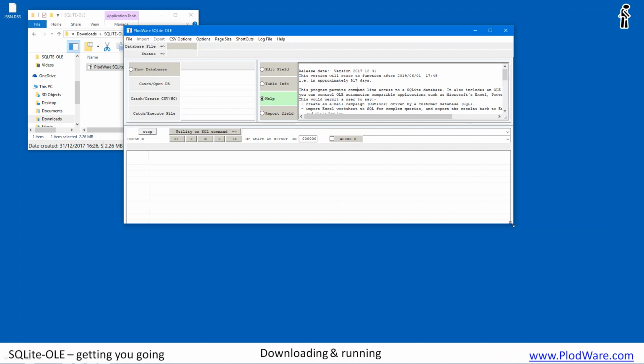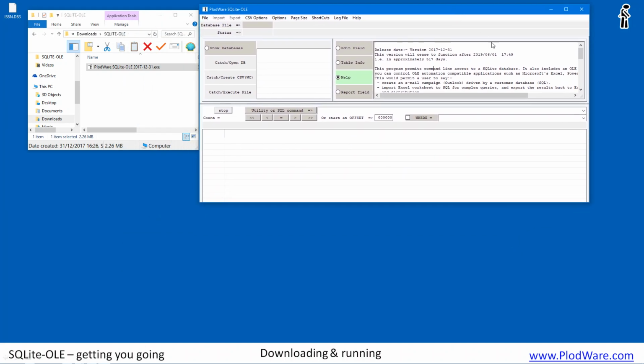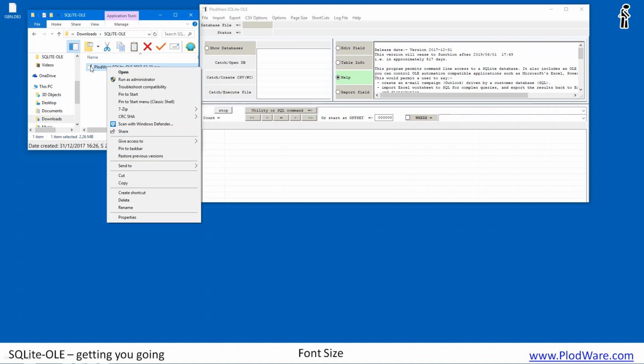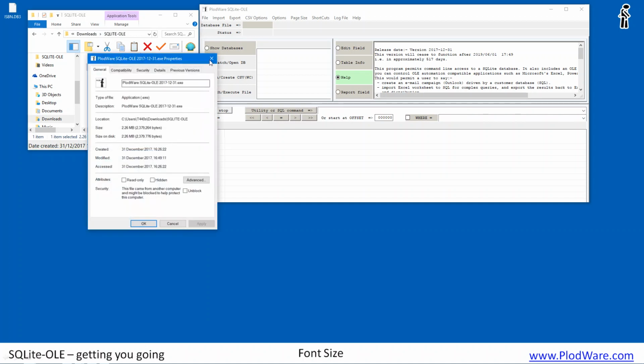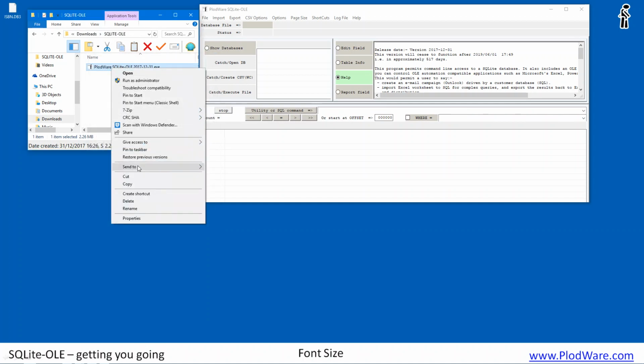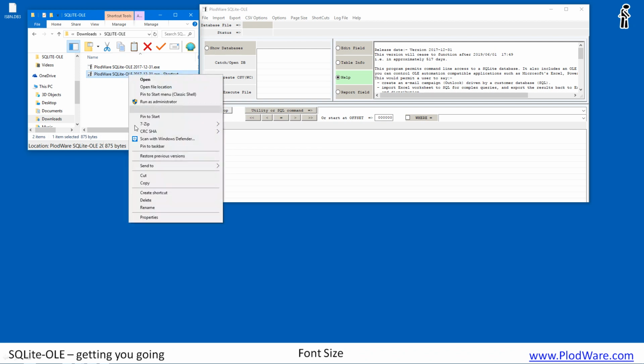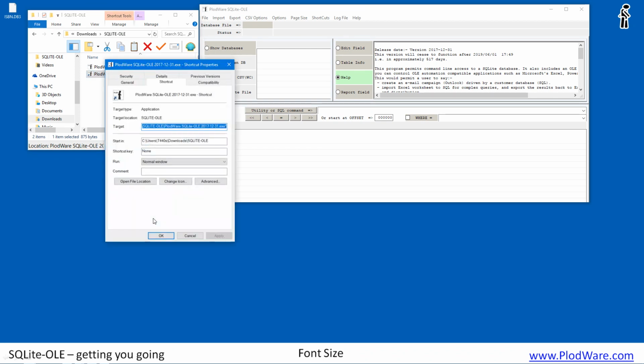So I'm now going to show a little trick for how we can get a larger font before we go any further. So, how to change the font size. The trick is you go into the executable and you create a shortcut. Right click, create shortcut, and then you edit the shortcut. Right click, properties. What we do is on the target line, we go to the very end and add a